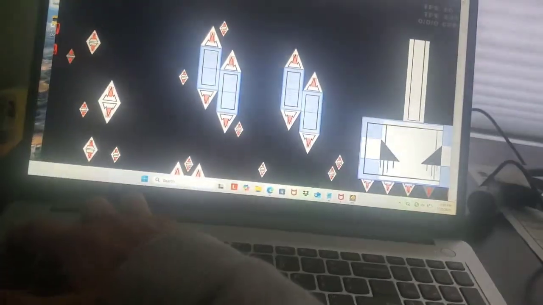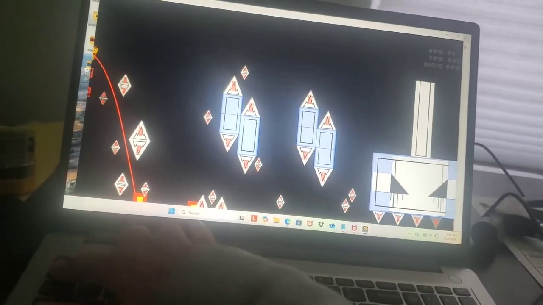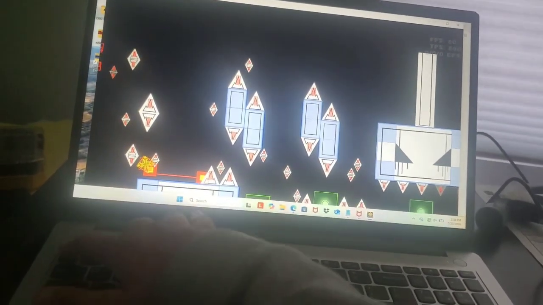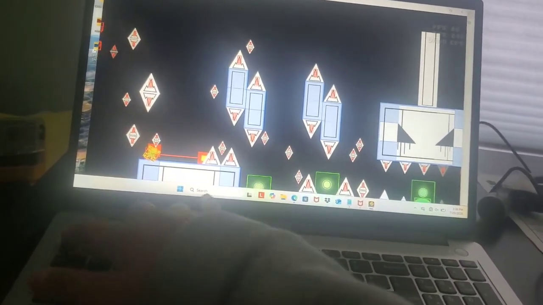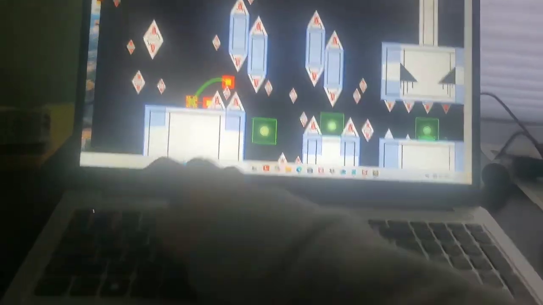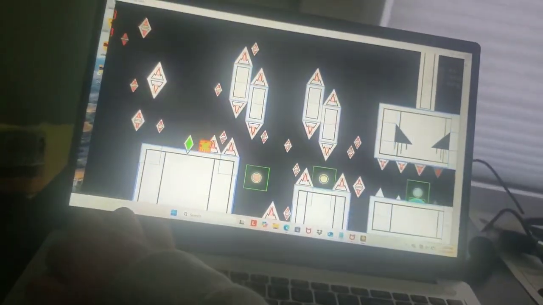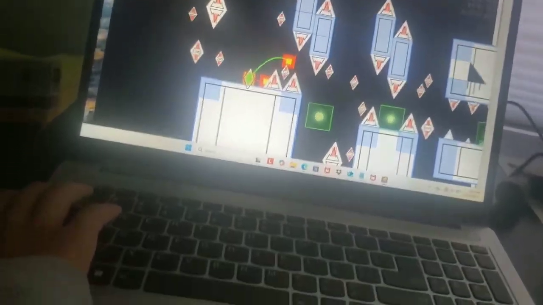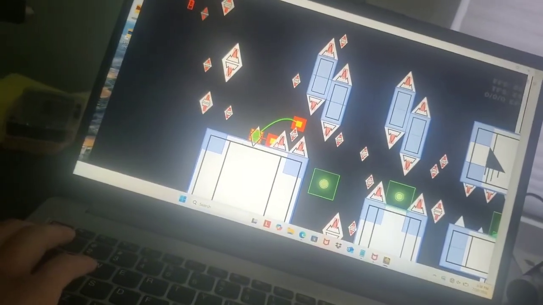So anyways, see how our cube is falling in. If you hold, it'll go really fast, but do this if you want to go frame by frame. Go a little bit. Now if we turn on practice mode, it'll go a little bit before it's obviously